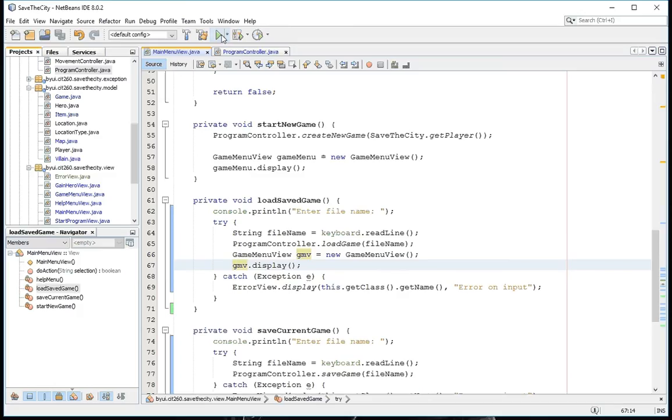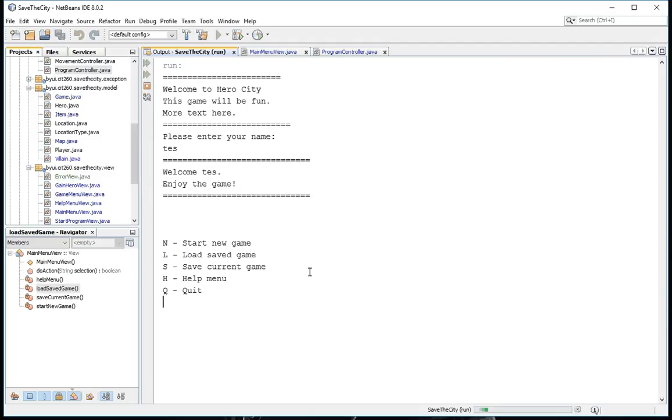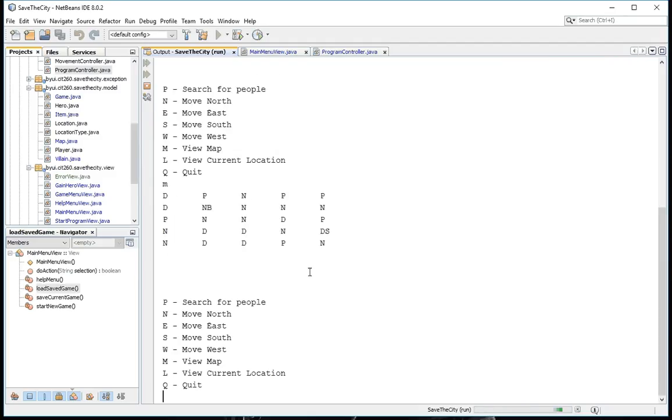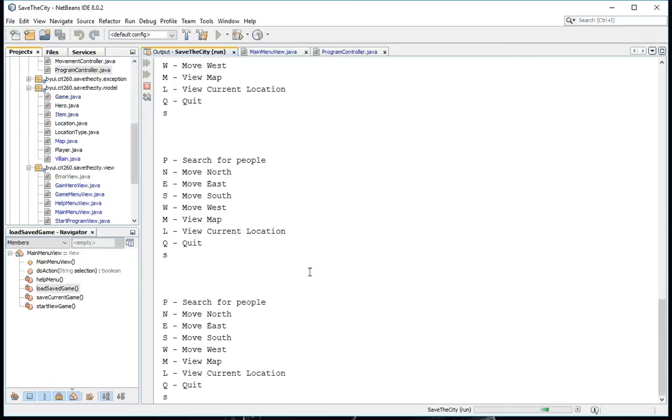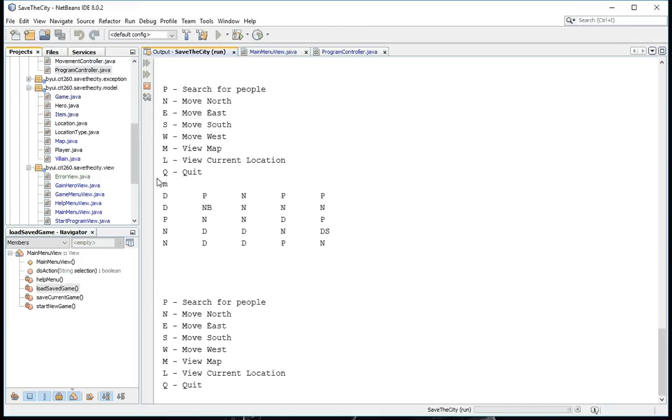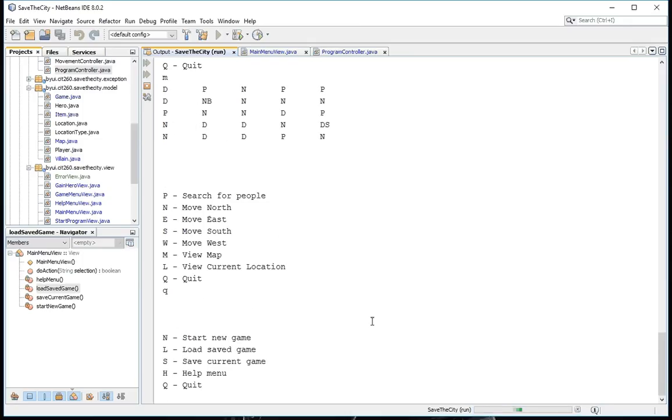So I can show you this. If I start a new game and look at the map, you can see it's D, P, N are the first 3 locations, and I'll even move south a couple times. And so if I look at my current location, I'm at 40. And to see the map again, that would be 0, 1, 2, 3, 4. So I'm at this end location. So if I quit and then save the game,